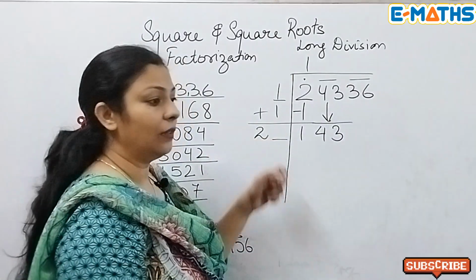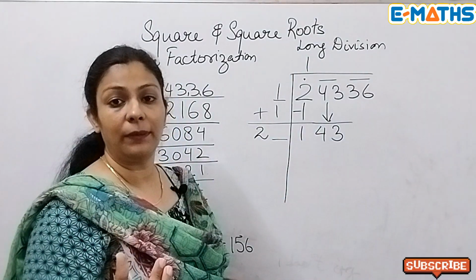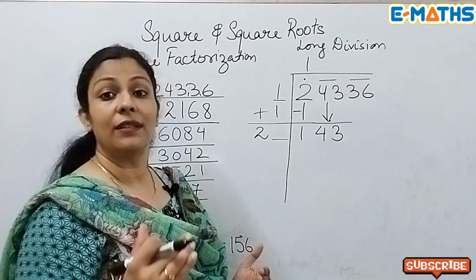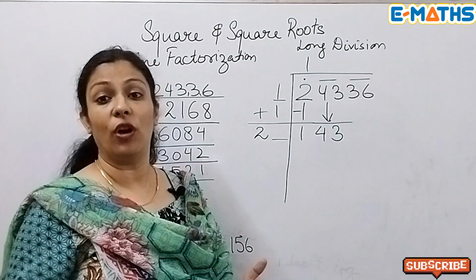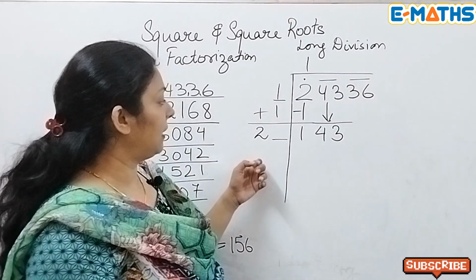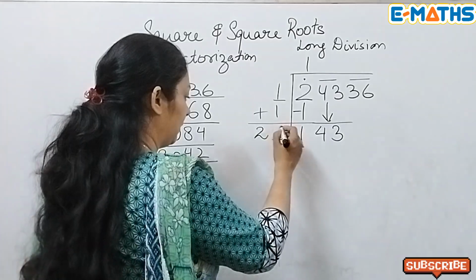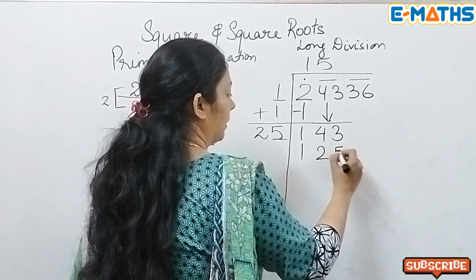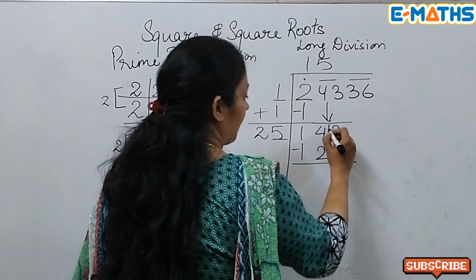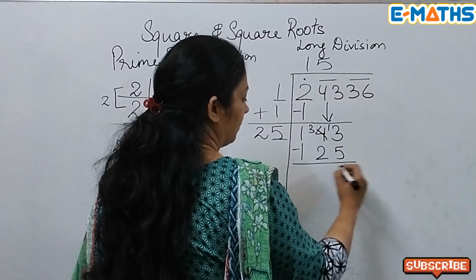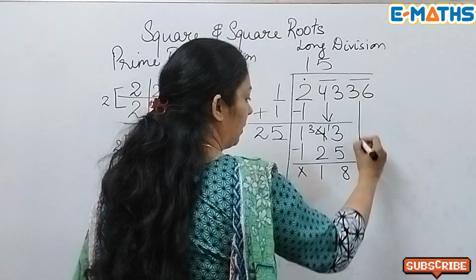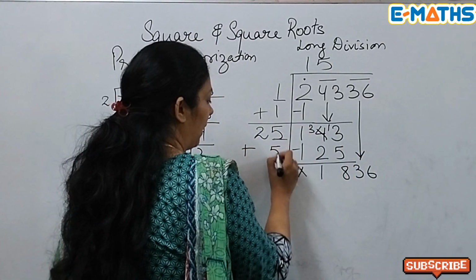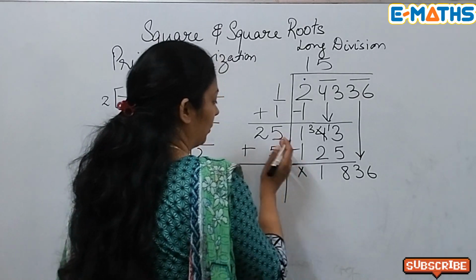If you put a 1 here, 21, 1s are 21, 22, 2s are 44, 23, 3s are 69, and so on. You have to move on like this. So for this, we can take 25 into 5, which will give you 125. Bring down the next pair, and as I told you, you need to add the number that you are taking up on the left hand side.